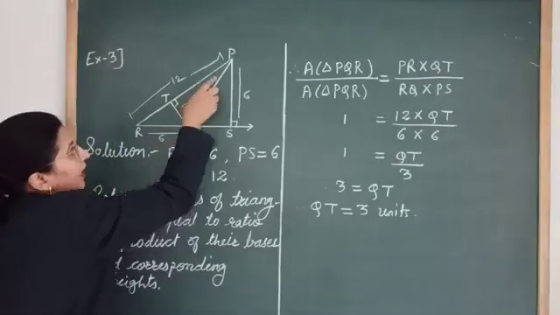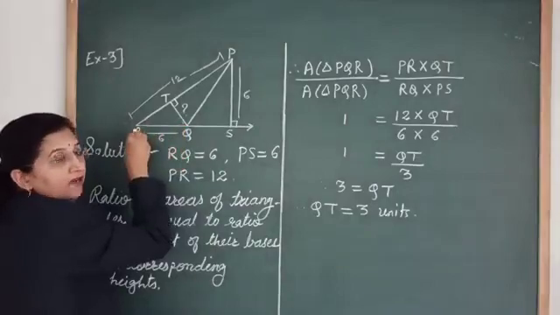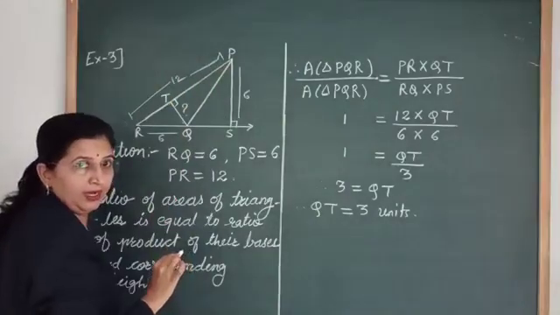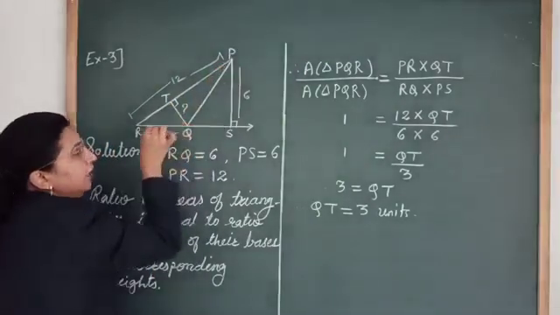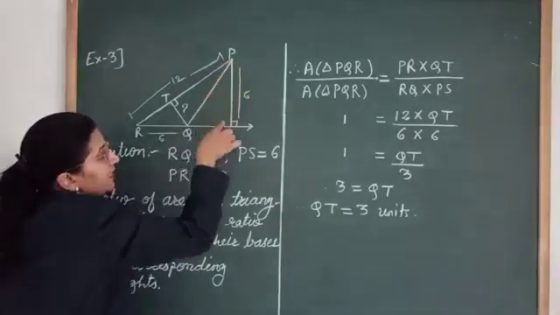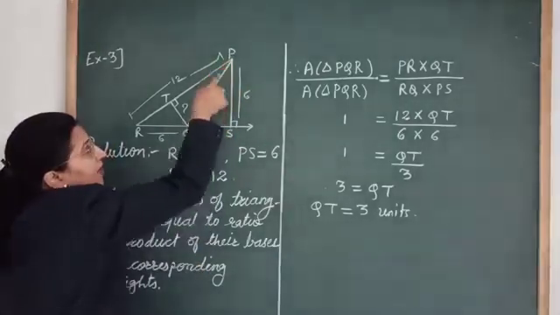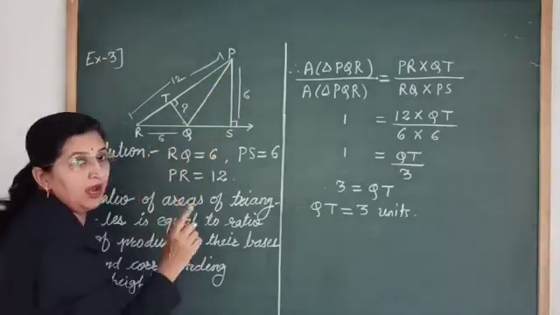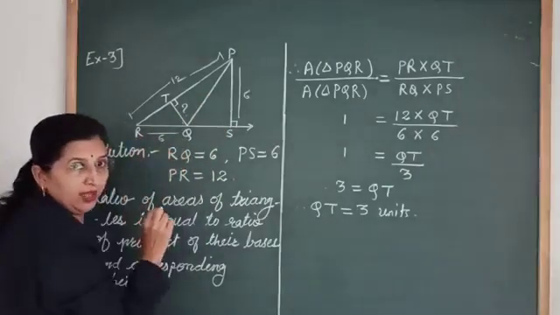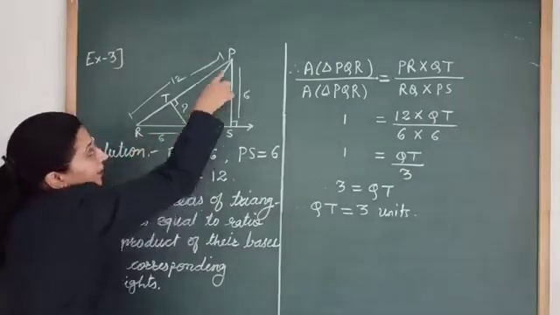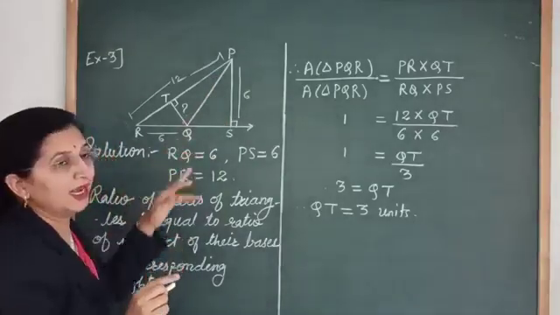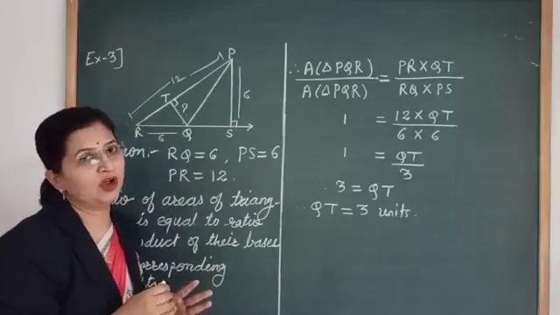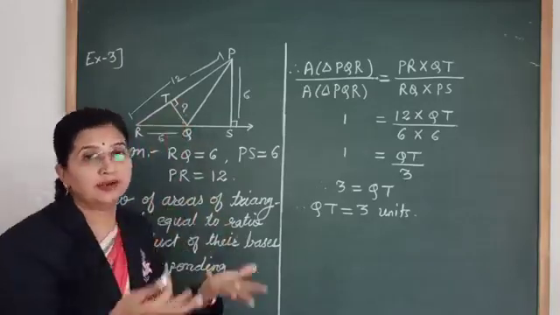it has two bases and two heights. Okay, now here for triangle PQR, if you take this QT as the height, then PR is the base. Okay, and for the same triangle PQR, if you take PS as the height, because that is the perpendicular drawn from the vertex P, okay, so that is the height of this triangle PQR, and this is the height on the base QR. Okay, so QR is the base and PS is the height. So for triangle PQR, we have two heights and two bases. That's why we will take the ratio of areas of these two triangles.